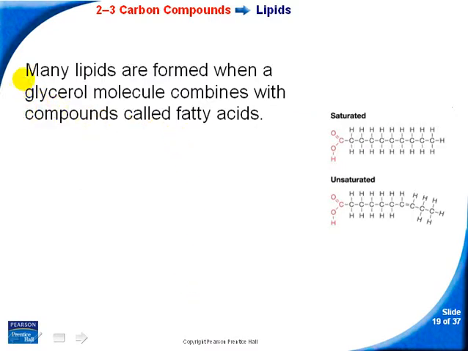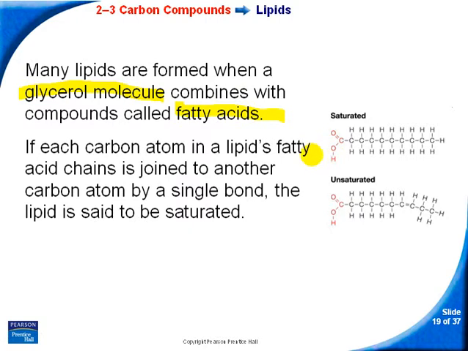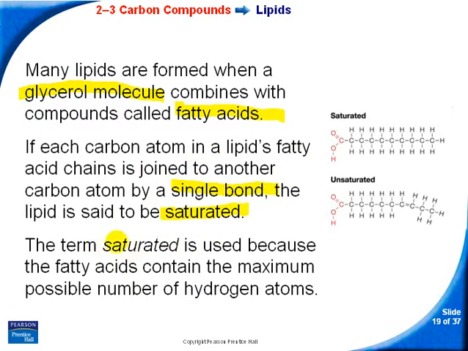So they're formed when a glycerol molecule combines with compounds called fatty acids, and this here would be a fatty acid. This is a saturated fatty acid, so it has a bunch of single bonds. It has the maximum number of bonds between the hydrogen atoms. You can see they're all